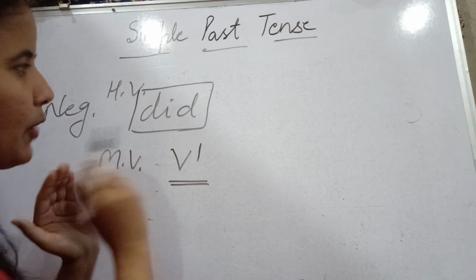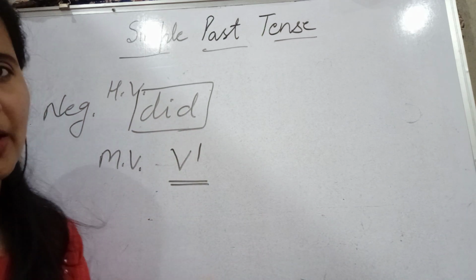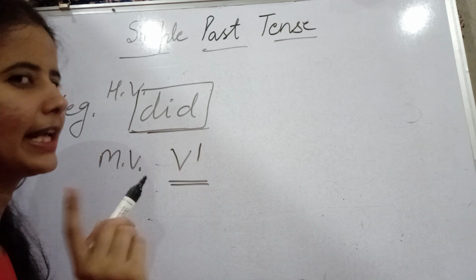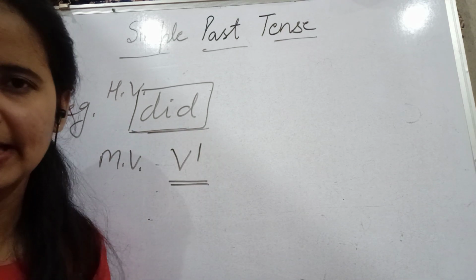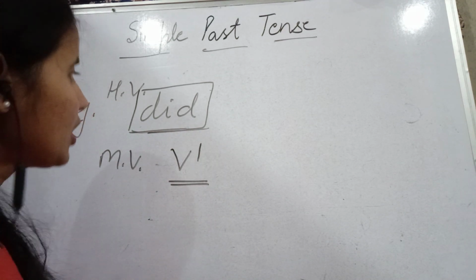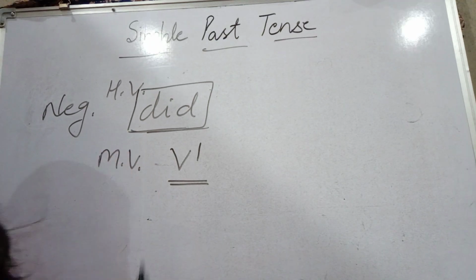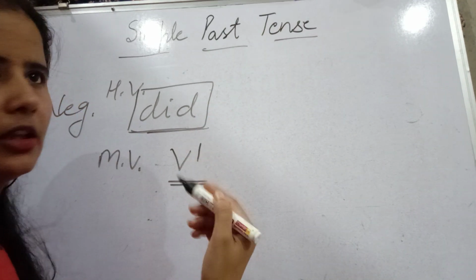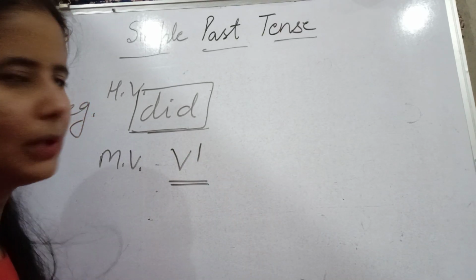We can't use it in negative and interrogative sentences as well. And what is the reason behind it? Because we need a helping verb in negative sentences and interrogative sentences as well. So if we form the negative sentence of the same sentence, what do we have to write there now? What was the earlier example? He gave me a gift.